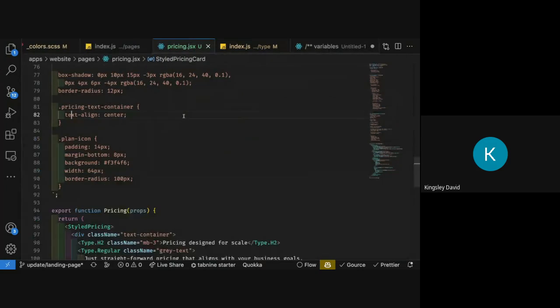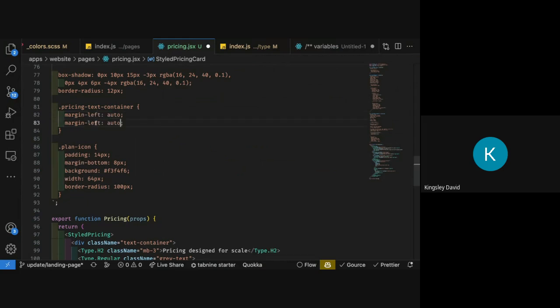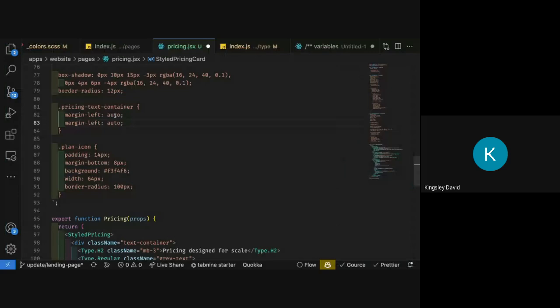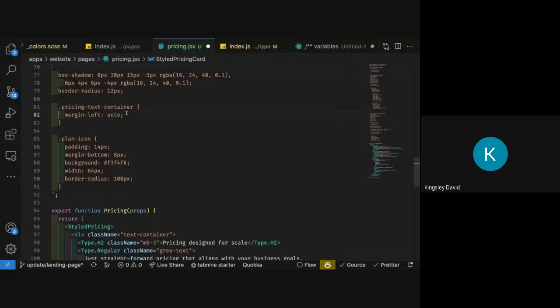Let me hide all of this. So instead of text align, let me just make a margin left auto, margin right auto. We can also just say margin 0 auto, right? But let me see. Will it be worth it? Okay, no, let's use margin. Let's not use margin left. So let's use margin, and then